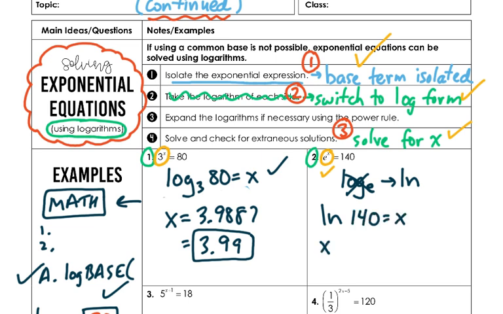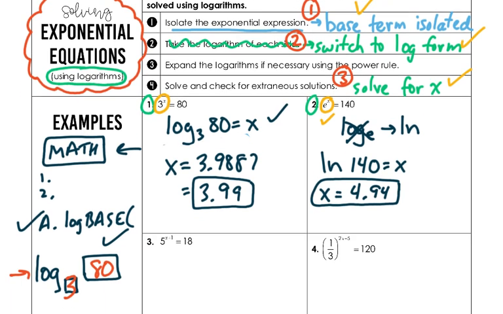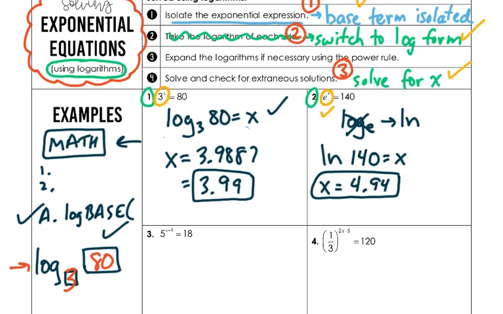Good thing is we have an ln button on the calculator, so we can type in ln of 140 right away, hit enter, and I get 4.9416. I'm going to round to about 4.94. And that's number 2. You can always check these answers if they're right, folks, because you're solving using algebra, and